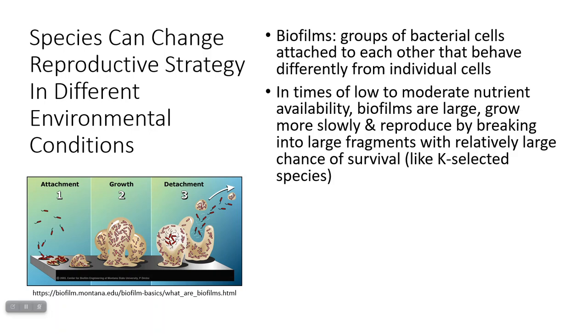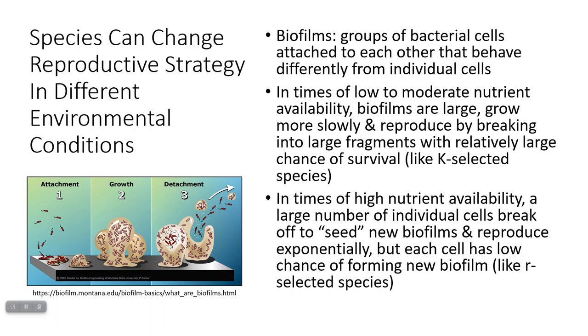Now, when there aren't a lot of nutrients in an area, biofilms will be very large, kind of like a K strategist. They grow slowly and they'll reproduce not super frequently. They'll reproduce by breaking off large fragments or chunks of themselves, and these large fragments that break off tend to have a relatively high chance of survival. So they have some characteristics of K selected species,